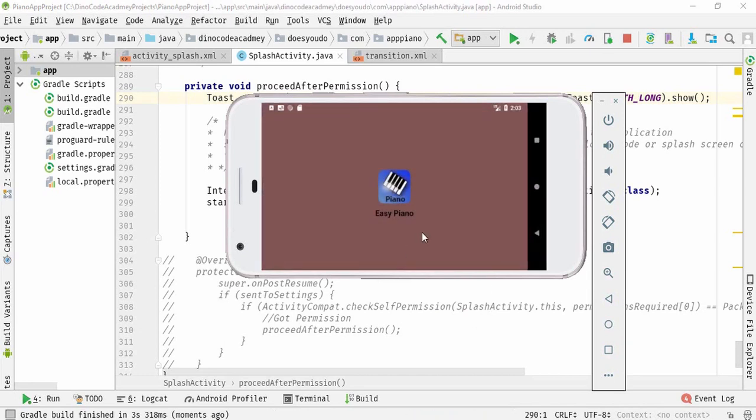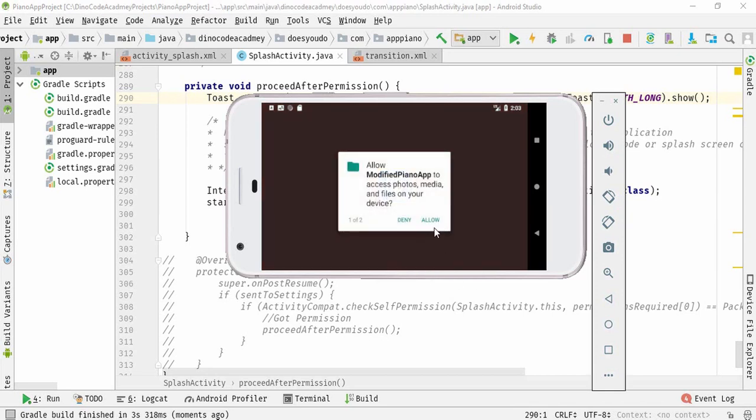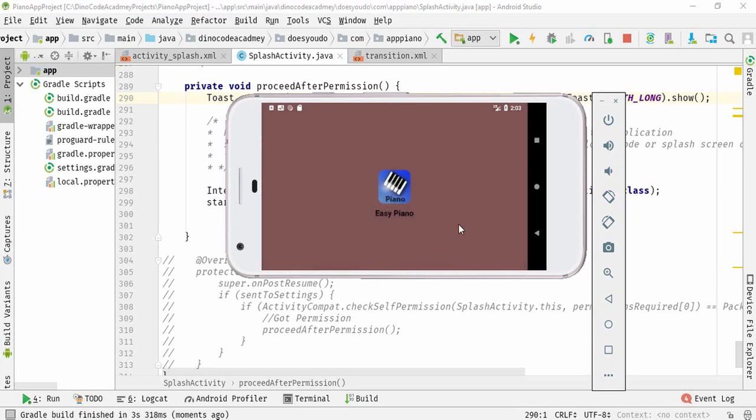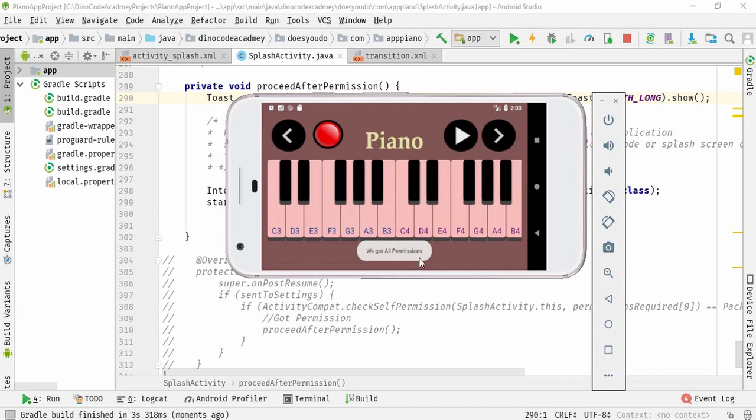You can see that our splash screen appears. Now it asks for the permissions, so I'm going to allow all permissions. And we got all the permissions. This is a toast message. Now after that, if I close the application